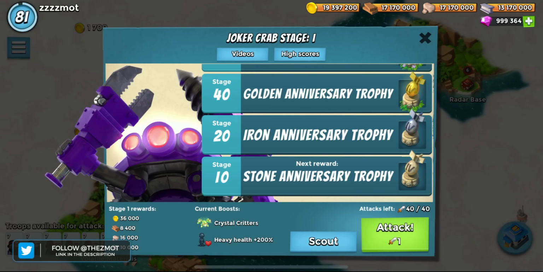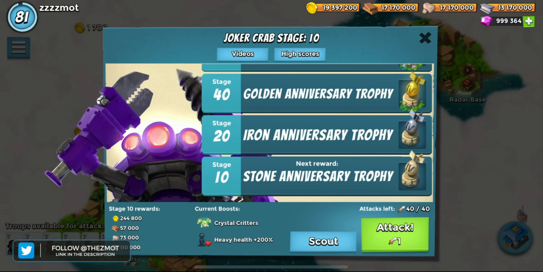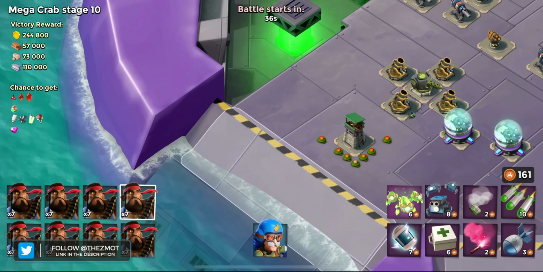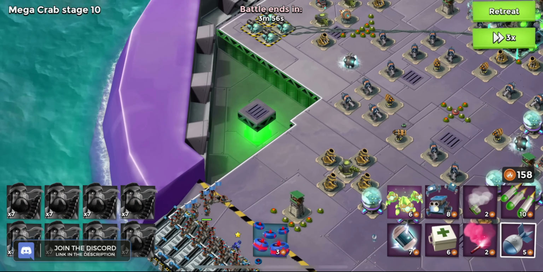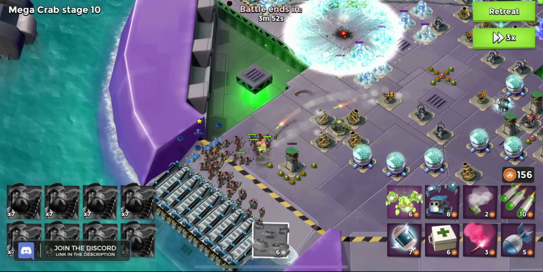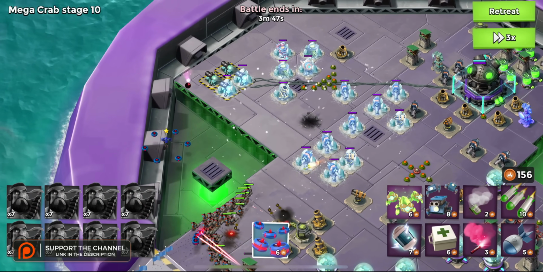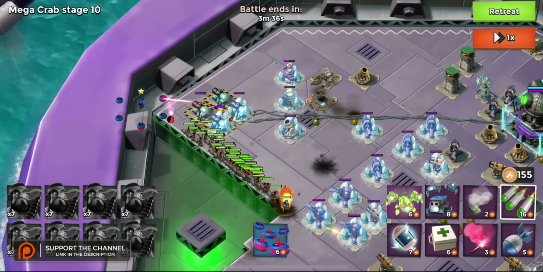Now, rather than give you a graphic with all the boosts, we're just going to do it live. And we're going to start with stage 10 using heavies. As you saw there, we get 200% heavy health, and it might be worth waiting, to be completely honest, to get to the very end and have Ruderro come. So maybe you don't want to use any of your stages or any of your attacks until you have Ruderro. That is going to be up to you, but for right now, we are going to go 3 times mode